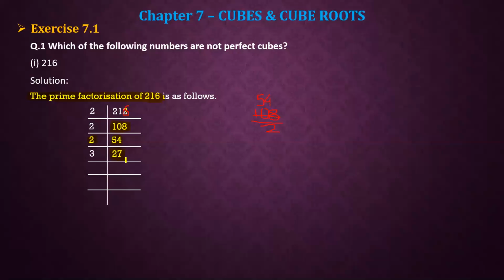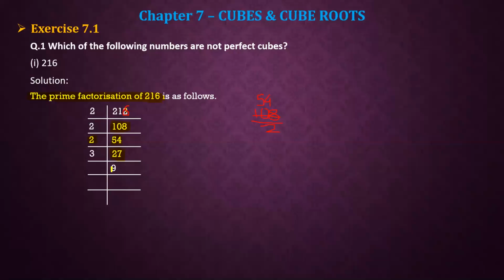If the given odd number is not divisible by 3, then we can move to the next prime factor, which is 5. Again, if it is not divisible by 5, then you can move to 7, like this. But here 27 is divisible by 3, so there is no need to move further. So we can divide it by 3. We all know that 9 3s are 27, so the division is 9.